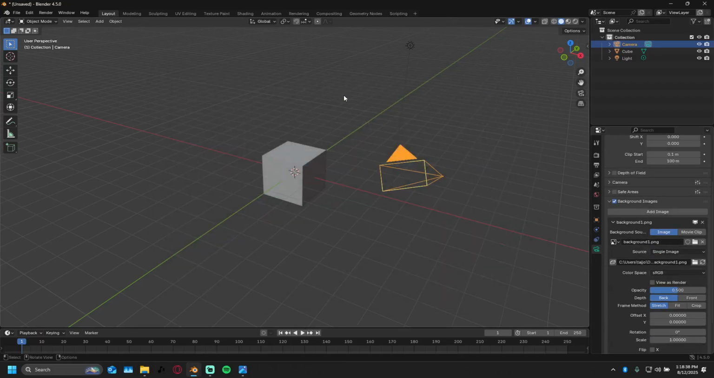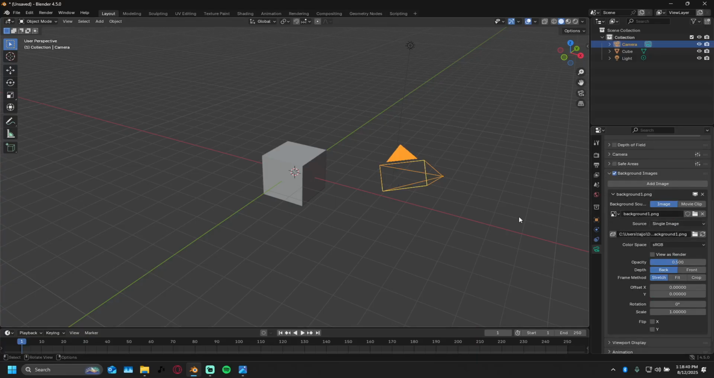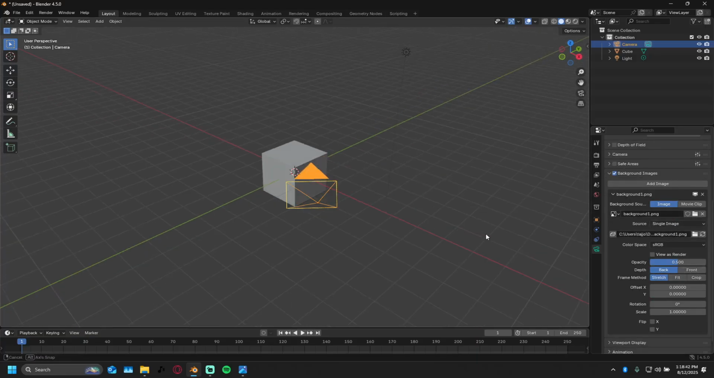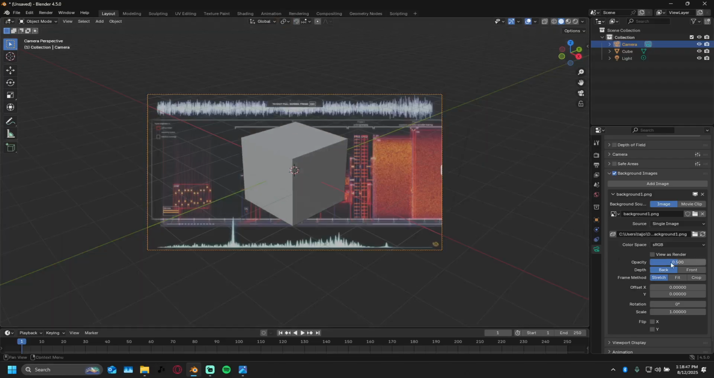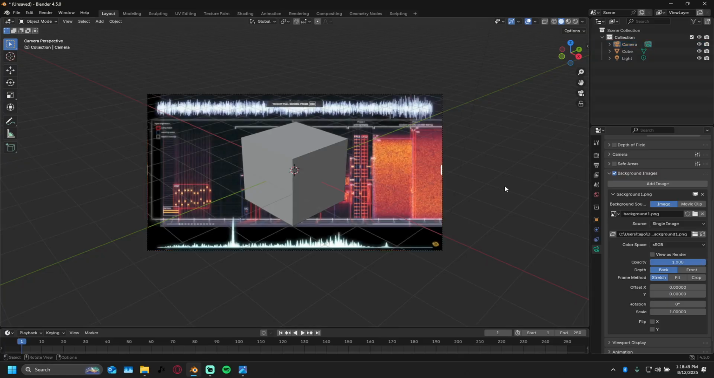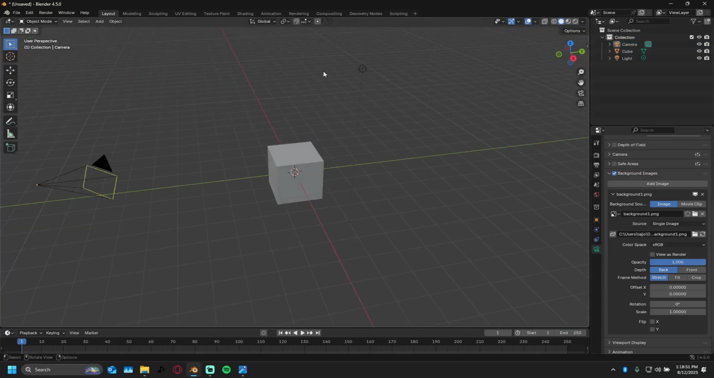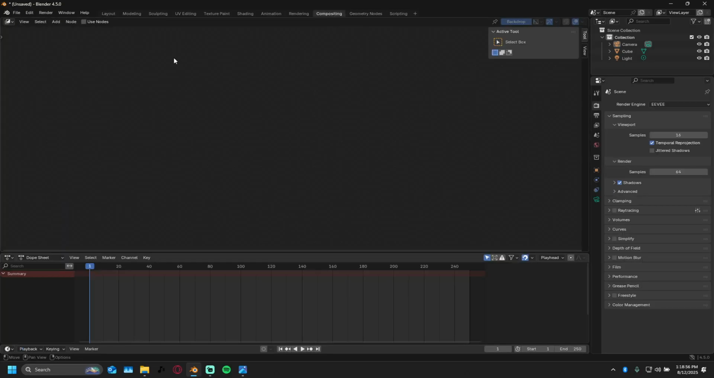And you'll notice nothing has changed, although you do have some new settings. In order to see the image, you'll have to press 0 on the numpad. Now you can change your settings however you may please. Once you have your image set up as you please, go to the Compositing tab on the very top of